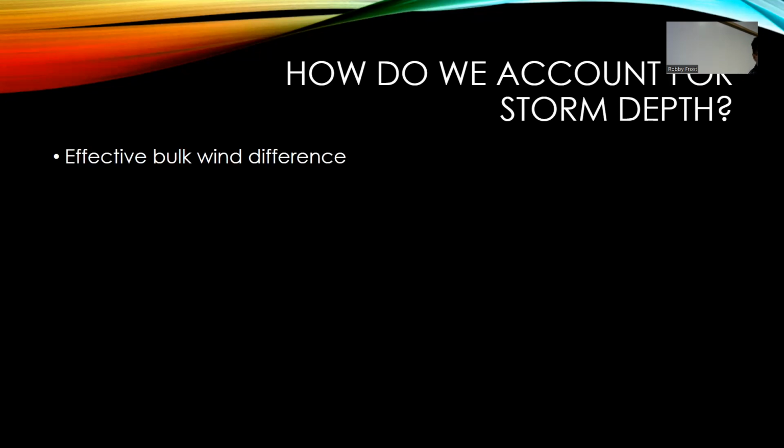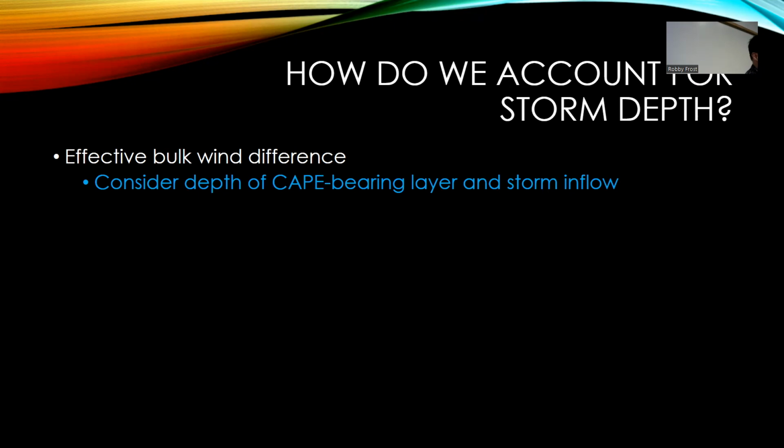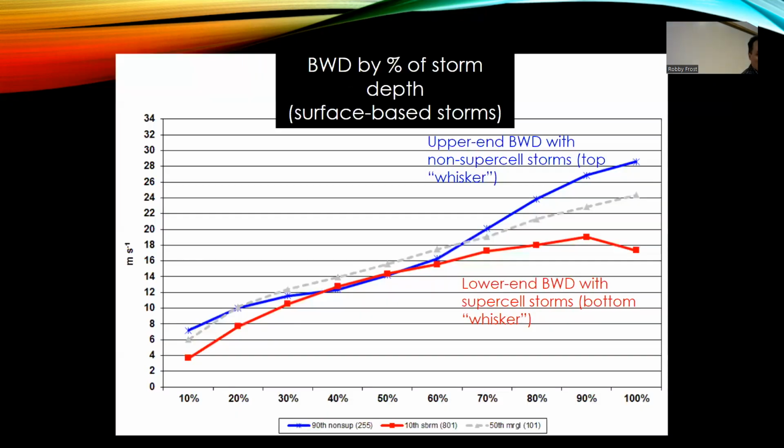We loosely call it effective bulk shear. Shear technically, you have to account for over the vertical depth. It's really the effective bulk wind difference. It's a bulk shear term. So we're just looking at the CAPE-bearing layer in the sounding, and what part of the storm is contributing to the storm inflow. And then just break it up into layers, look at it percentage-wise,